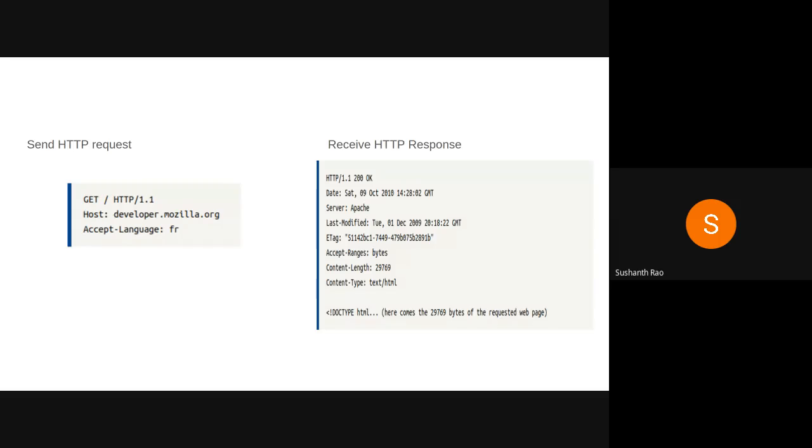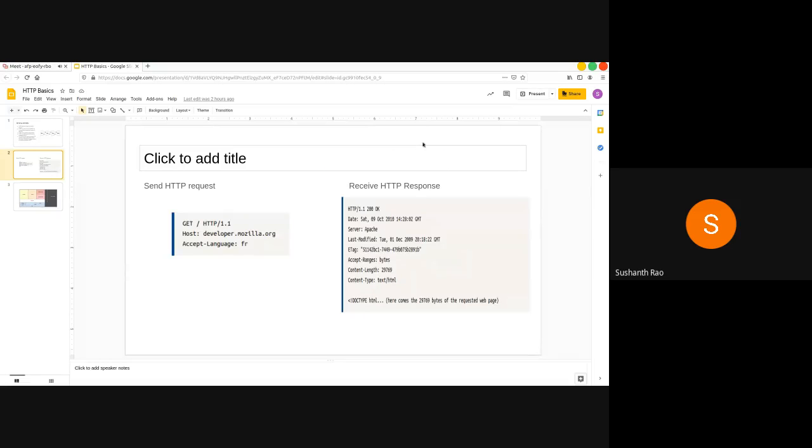Once the response is sent from the nitk.ac.in server, it has these particular headers and the response itself, the HTML document. That HTML document will be rendered, and that is what you actually see. I think that is it for HTTP.